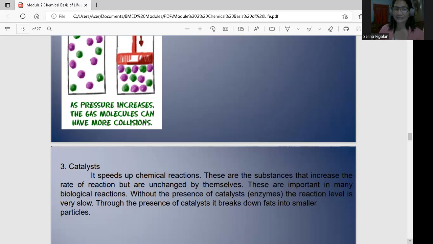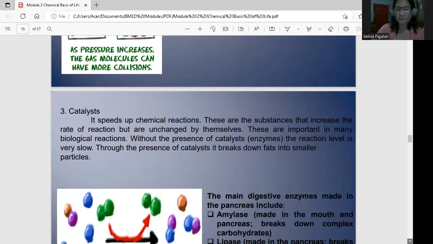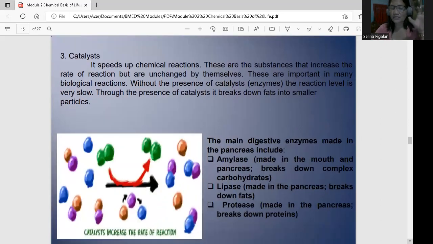Why? Because of this catalyst. It speeds up chemical reactions. Dahil walang temperature na nagamit doon in your experiment, what happened? There is a formation of the bubbles, and that is what you call the catalyst, or it speeds up chemical reactions. The main digestive enzymes which are present in our body para mabilis ang pagtunaw ng pagkain sa atin are